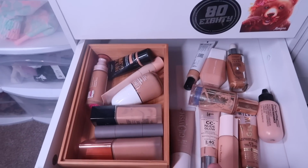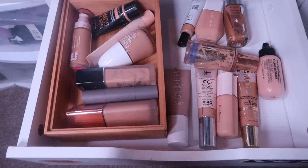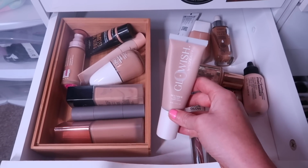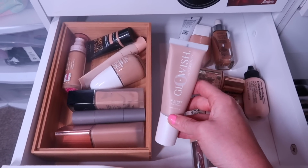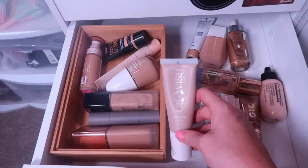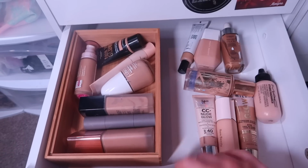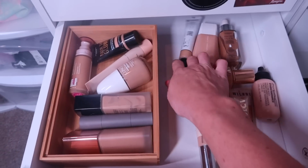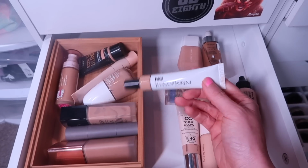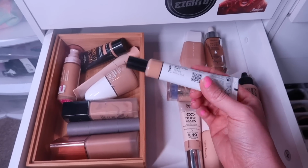Into my second drawer, we have all of my foundations, as well as like my Skin Tints Tinted Moisturizers. I think I should pull my Huda Beauty Glowish Multi-Dew Skin Tint from Huda Beauty, because it's been a little bit since I've reached for this. And then I also think I'm gonna pull, I do want to pull like lighter coverage for right now. I think I'm gonna pull the YSL new Bare Look Tint,